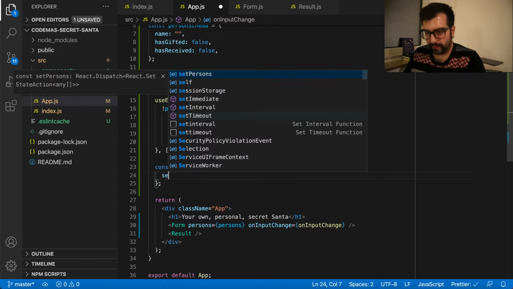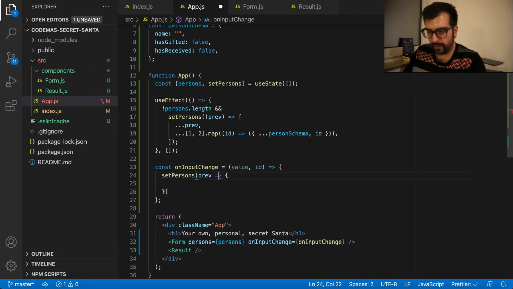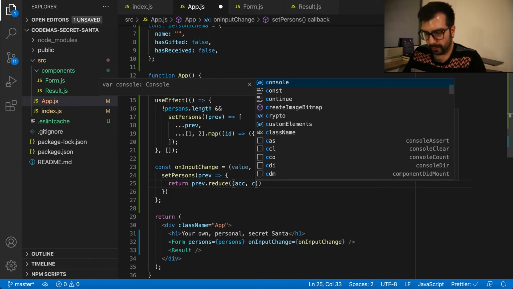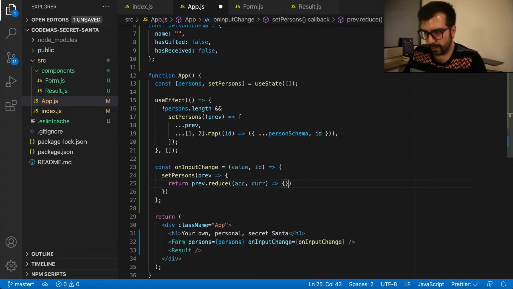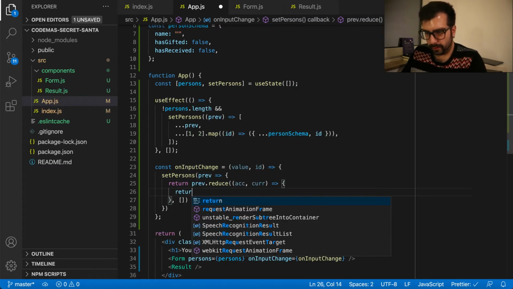So what we want to do here is call setPersons, get the previous value. We'll use the callback function here, and now that we have the previous, we will create a new array based on it, or maybe not. Return prev reduce, acc, cur, empty array, return acc,